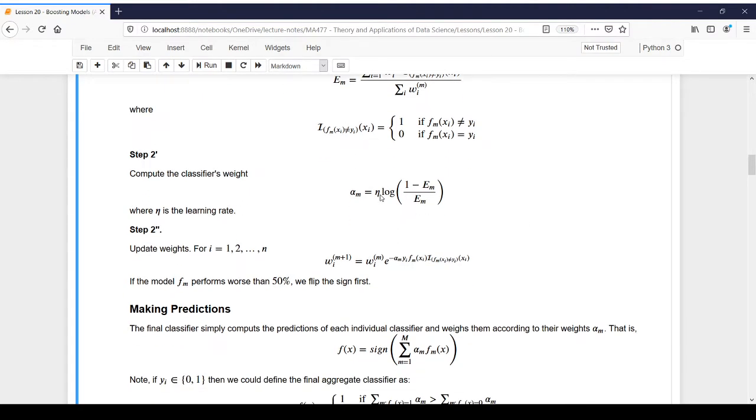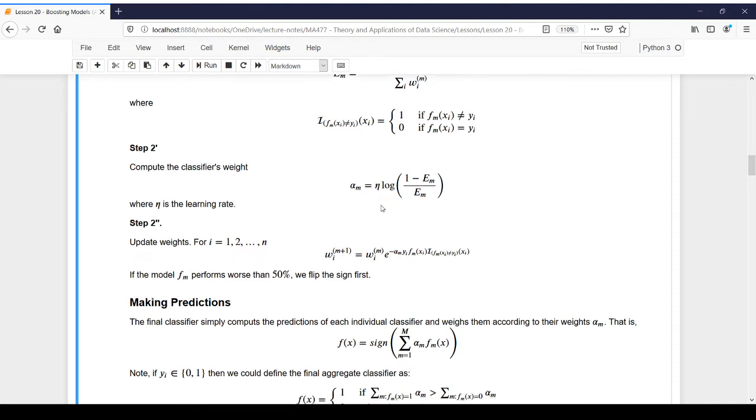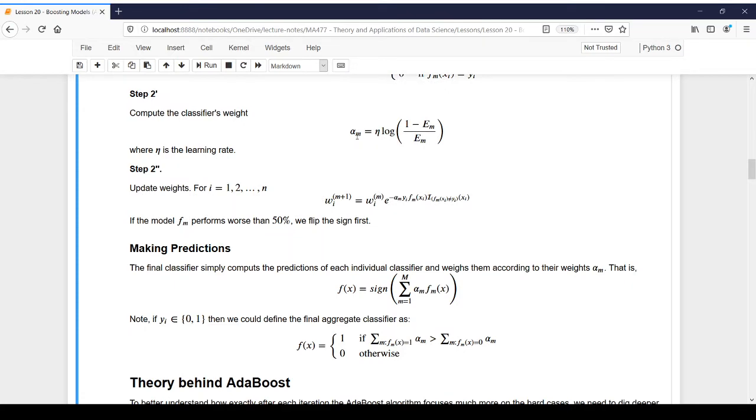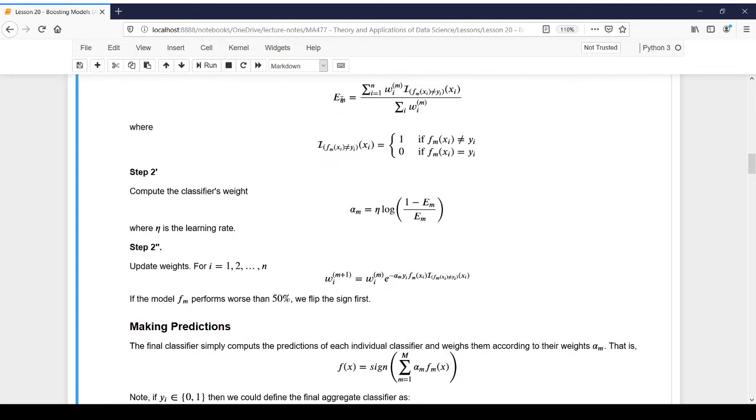This eta here is what we call a learning rate, and I think it was not there when this model was originally introduced, but you can also do other variations of this model. For example, in practice what you often want to do is schedule this learning rate. You don't want it to be fixed through all iterations. You want it to decrease in some way. But anyway, once you've fit the model, computed the error rate, and computed the weight associated with the learner,